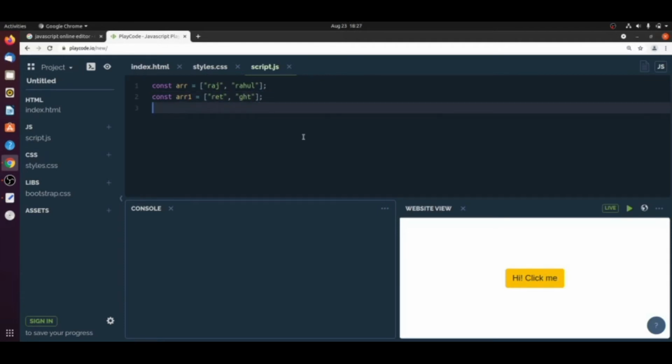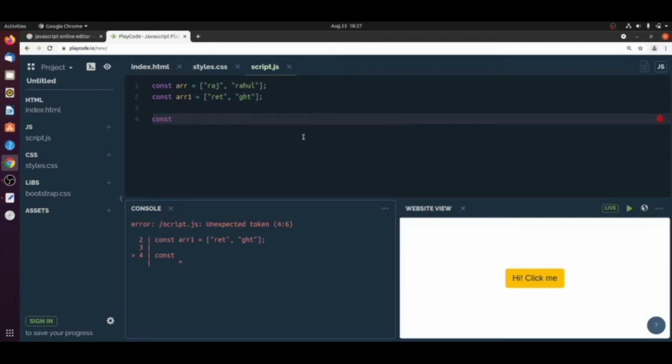We will join both arrays into one new array. What we usually do is use the concat method: constant new array equals array dot concat.